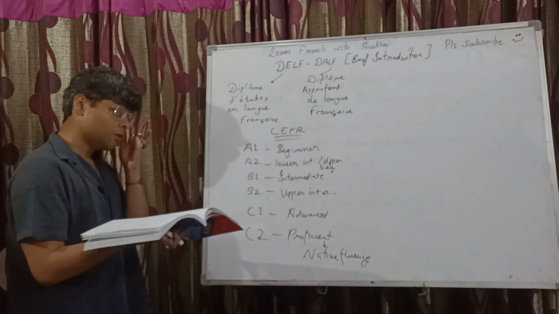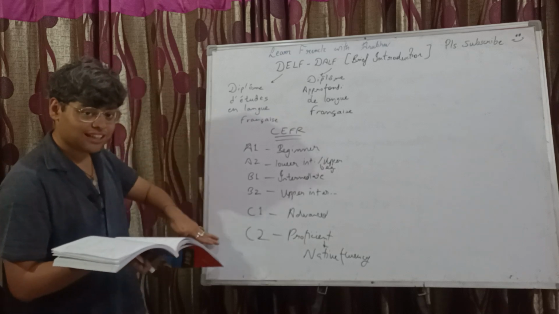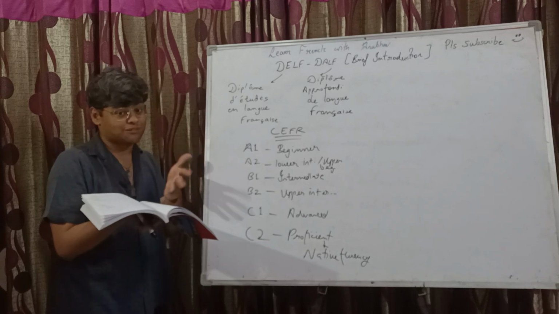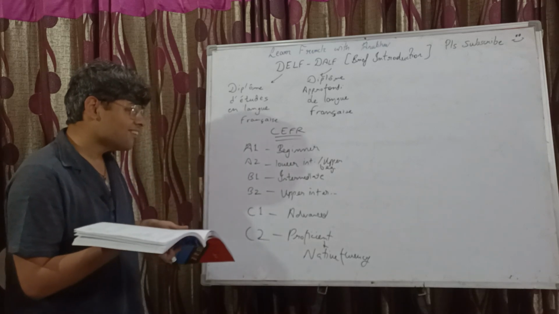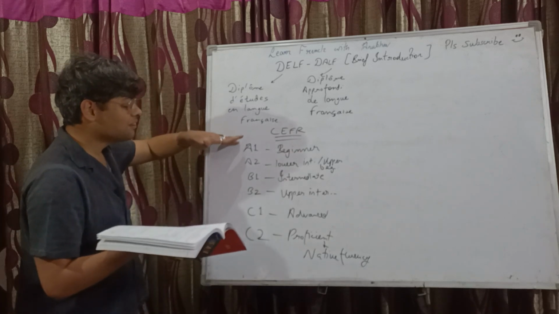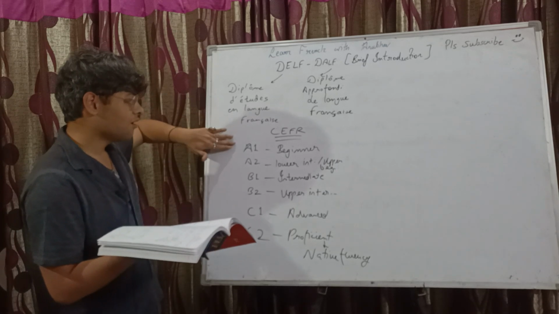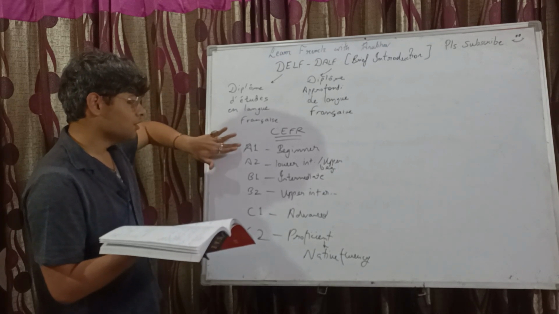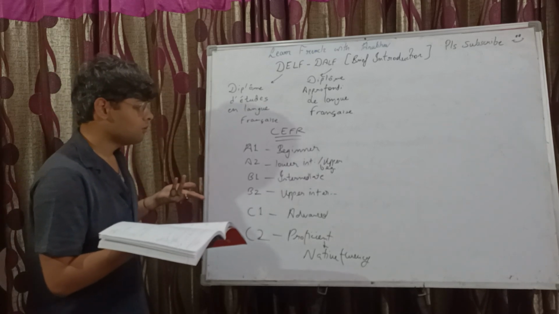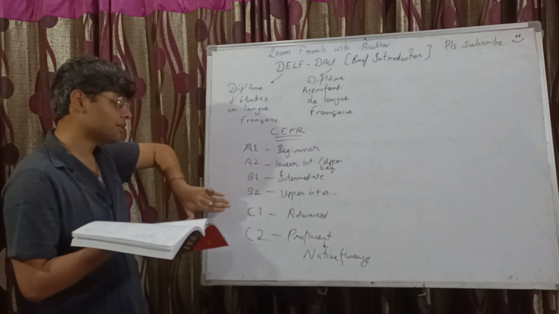Now, if you just take a glance on these, you might feel that A1 would be the highest level because like in exams, A1, A2 is what we aim for, right? But A1 and A2 are the most basic level, right? So it goes in ascending manner, from smallest to largest. So A1, then A2, then B1, then B2, then C1 and C2.